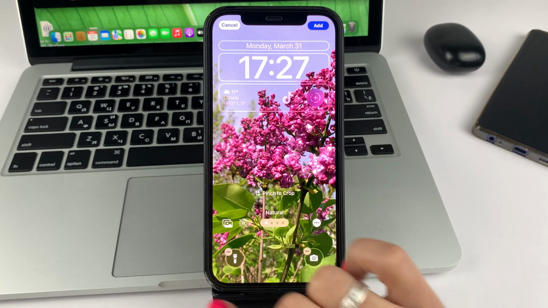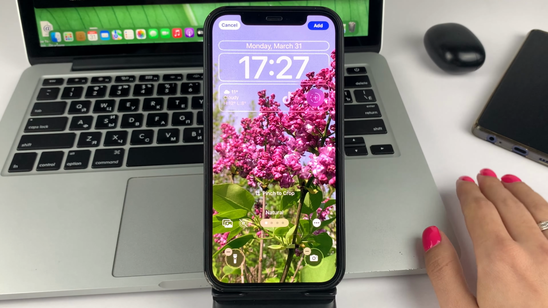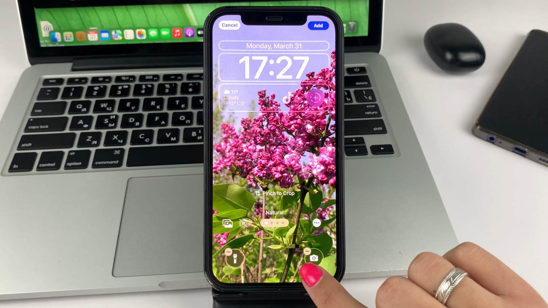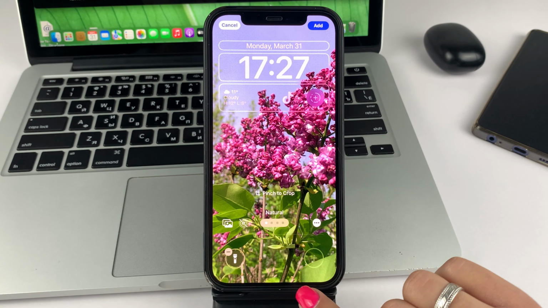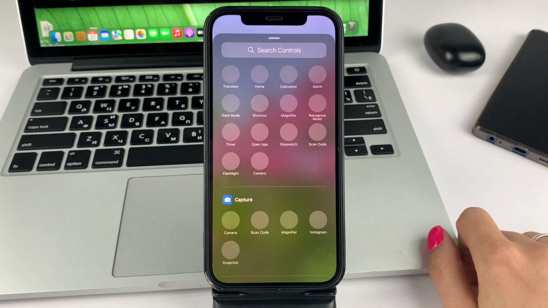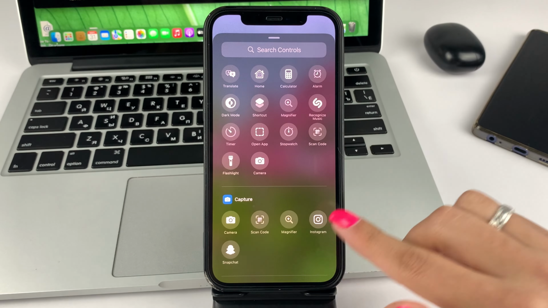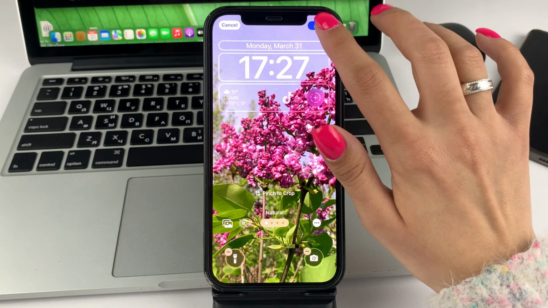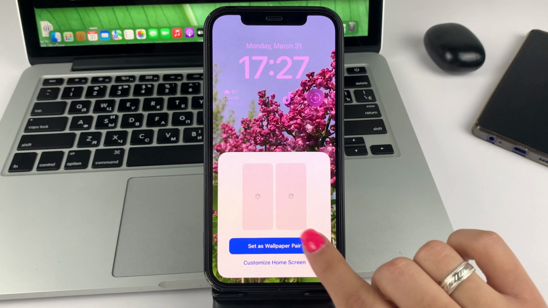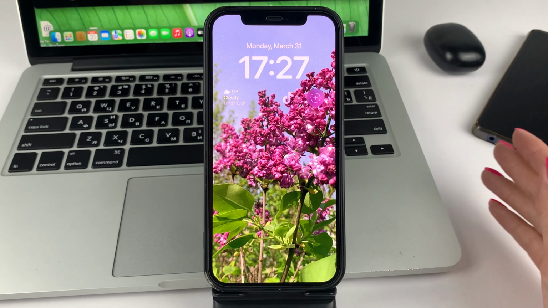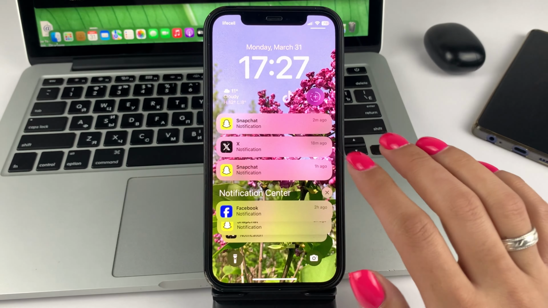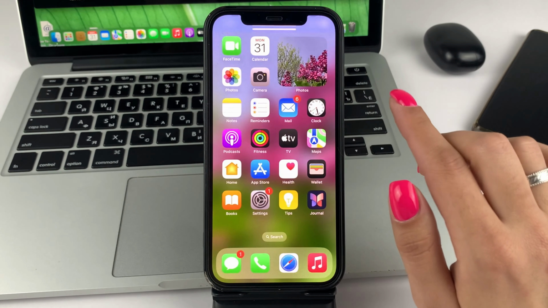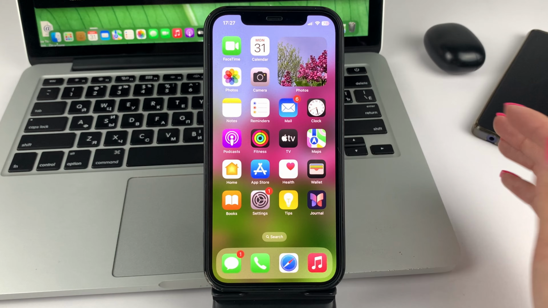Also, friends, you'll be able to choose your own quick buttons. You can click, for example, on the option to delete and click on the plus sign. This way you can select the quick button that you need. Then just click Add. Next, friends, apply this kind of wallpaper. And thus, as you can see, you will have customized your custom lock screen now on your iPhone.